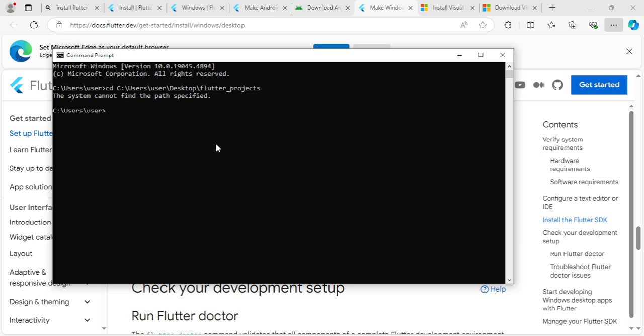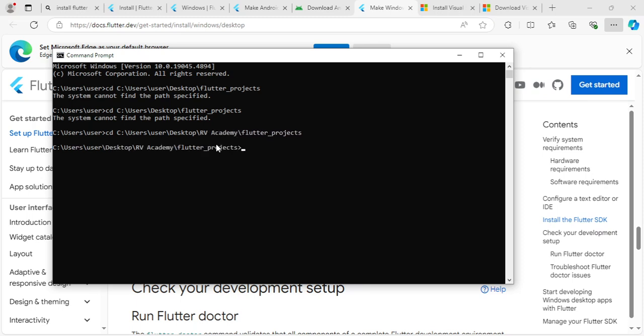So what's that part again? Oh no, not that. RV Academy, and I believe that's it. Yeah. So if I type flutter, you know, you use the flutter keyword to actually create a new Flutter project,